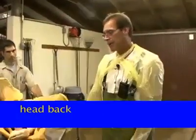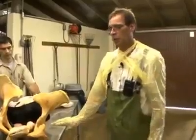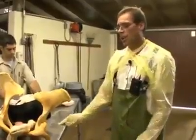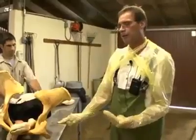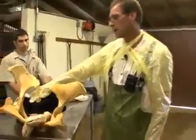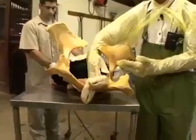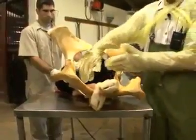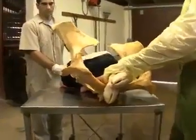As a veterinarian practicing bovine medicine, we are typically called to very difficult situations in regard to cows delivering their calves. One particular problem that cows can have whenever they're delivering their calves is what we would refer to as the head back. So normally we would like for this head to be right positioned in front between the calf's front legs, but occasionally the head gets left behind and then the calf is forcefully pushed into the birth canal